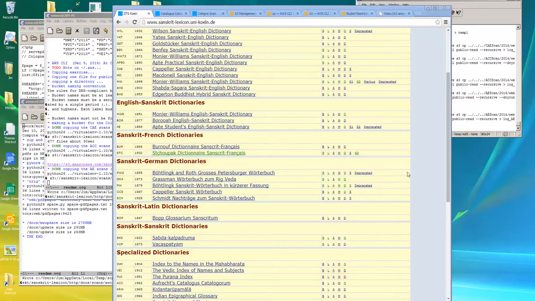This video describes an approach to making the scanned images that are used in the Cologne Sanskrit lexicon available through the Amazon Web Service S3 management system. So here's the home page of the Cologne website, and if you've used these